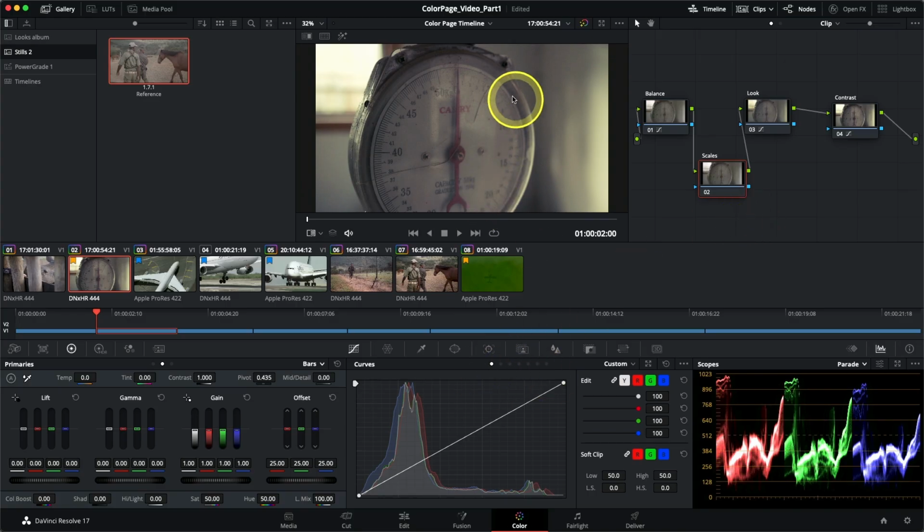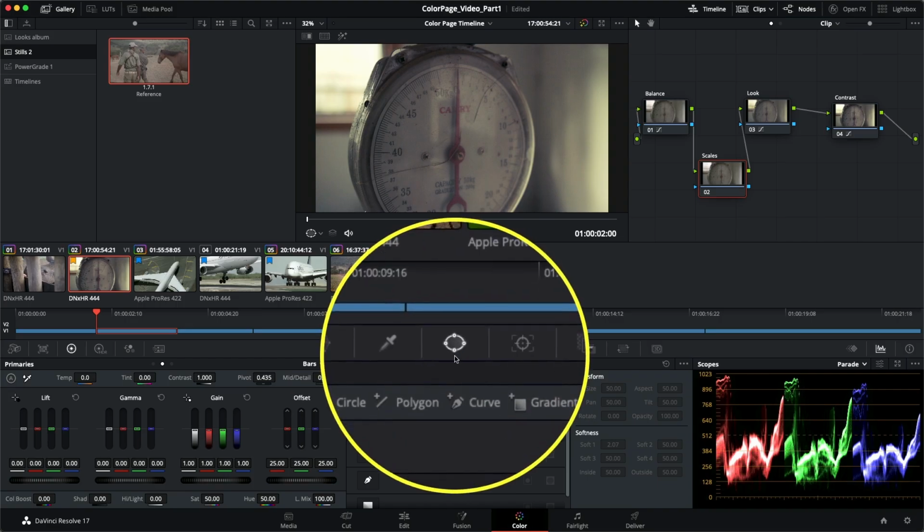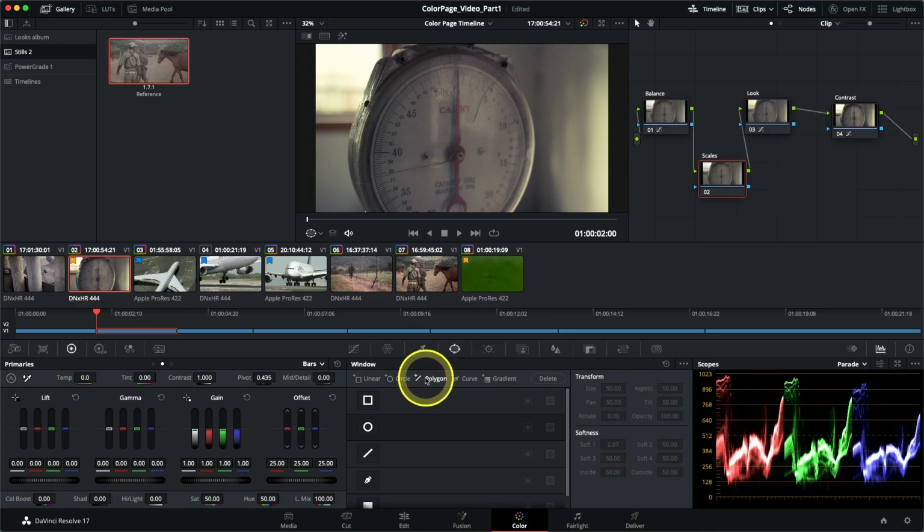And for this, it makes the most sense to use a shape. It's pretty straightforward circular shape. So I will go into my Windows palette. The icon to enter it looks exactly like a circle. And underneath, you have a series of preset vector shapes. I will select the circular window,